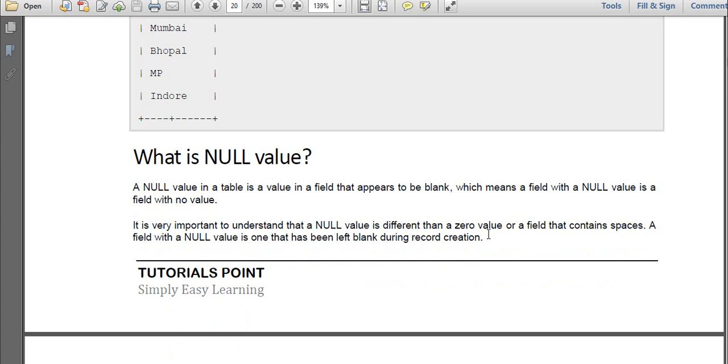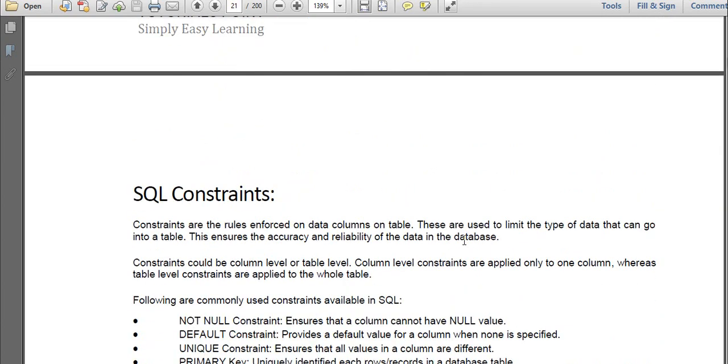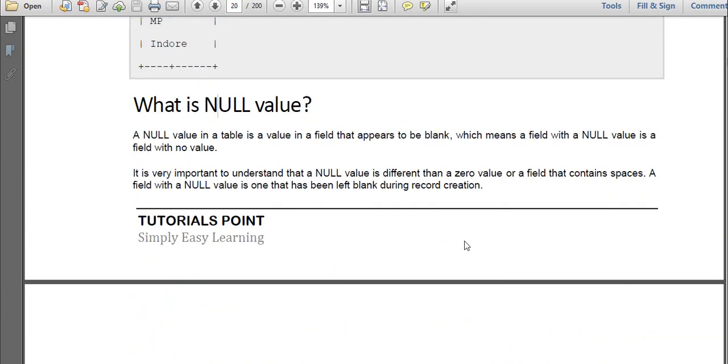Remember this point: null is not equal to 0. 0 is a value, but if you don't have anything in that particular field, then it is considered null. A field with a null value is one that has been left blank during record creation. Clear?